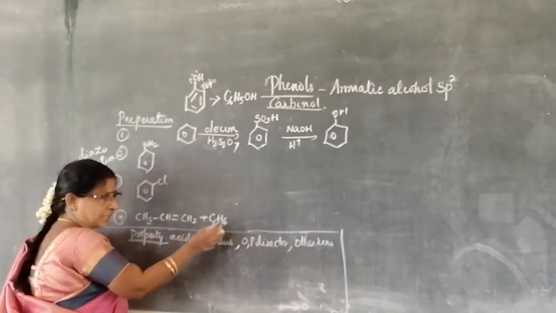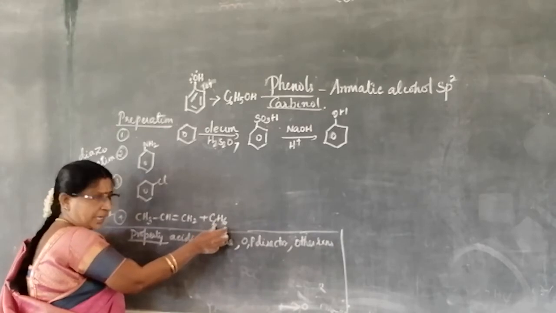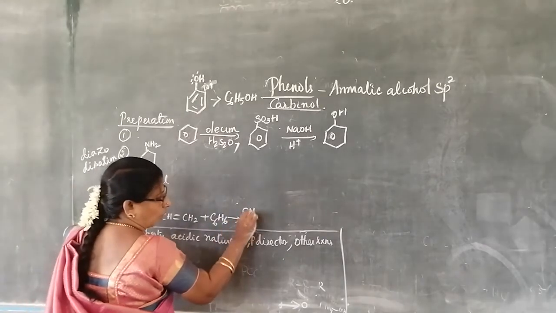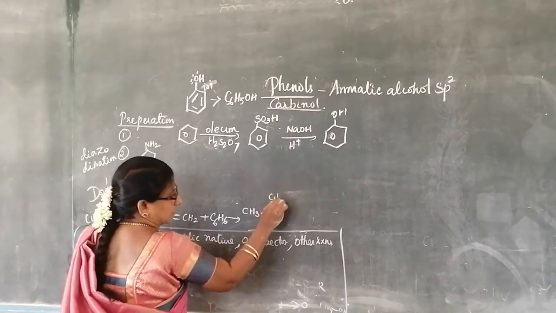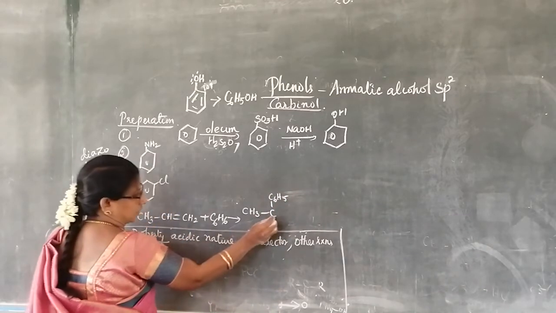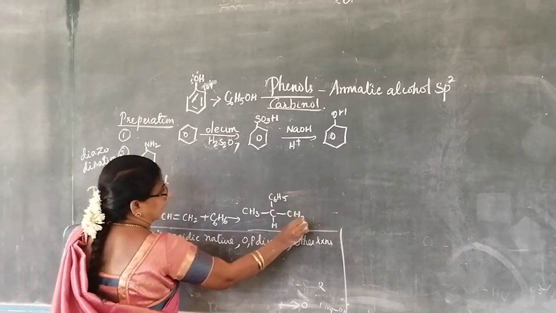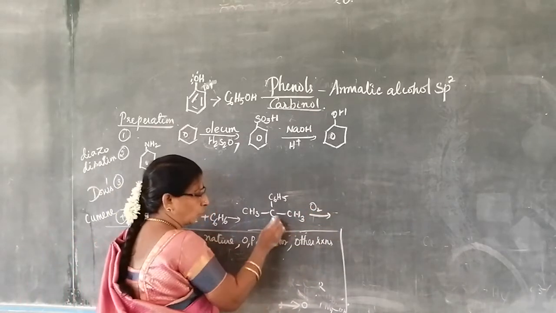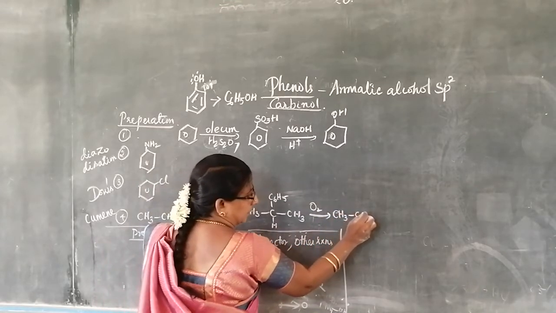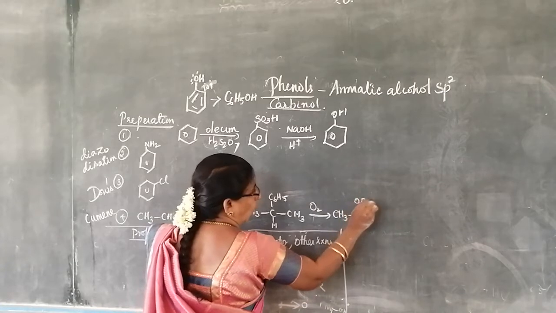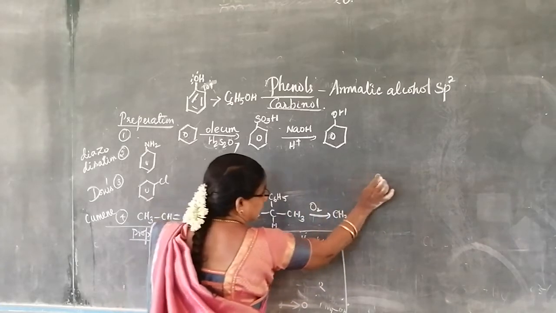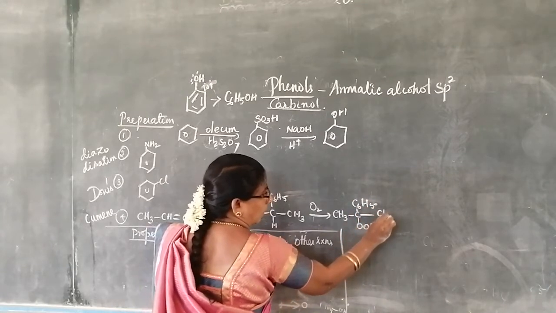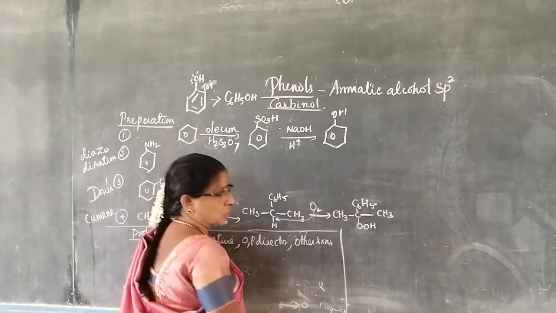Let us come to the next method. Propene is treated with benzene. Benzene will cleave into C6H5 and H. C6H5 will attach to the carbon with the lesser number of hydrogen atoms and you will get a compound. Here C6H5 is attached, here it is attached with H, and a single bond CH3. This is called cumene. When it is treated with O2, it will form cumene peroxide. C6H5 is directly attached, it will not change. This will become OOH, single bond CH.